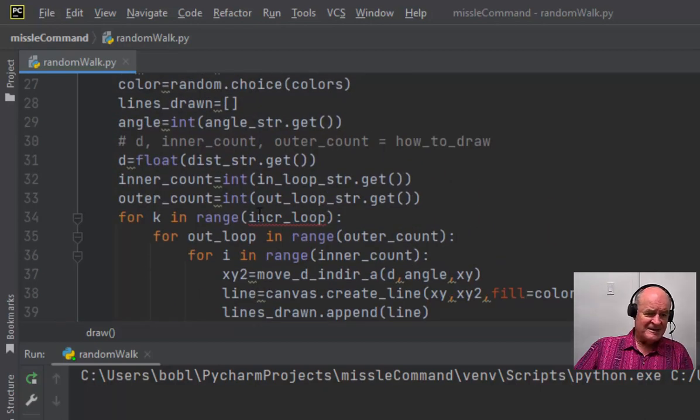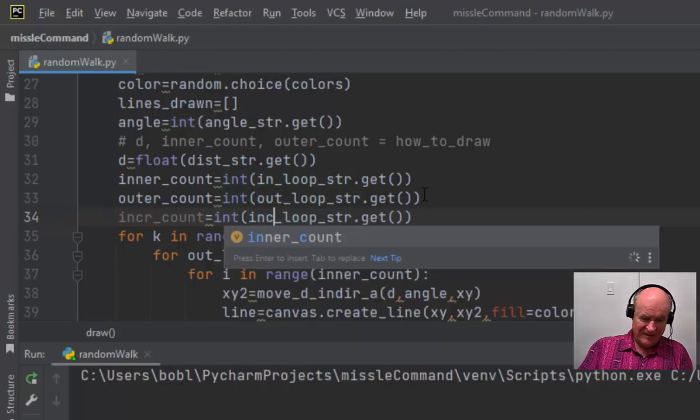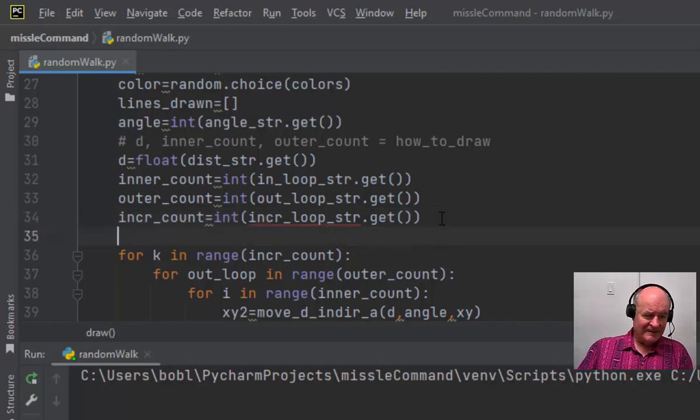So now I need to define dist increment and I need to define increment loop. So I'm going to duplicate this line and say increment loop. Let's use the same syntax I used before. Increment count is increment loop string, and this becomes increment count, just to be consistent. So I've got increment count, that's the integer value of increment loop string, and I also want to get the increment. Dist increment